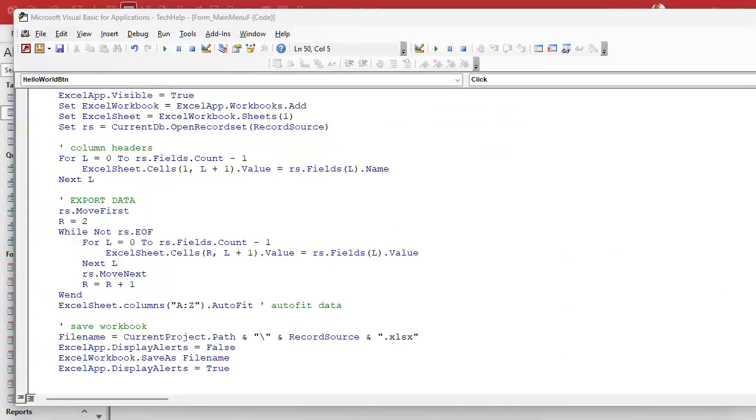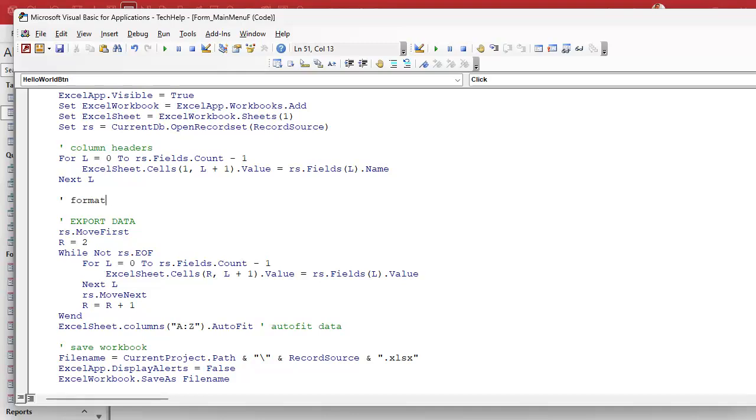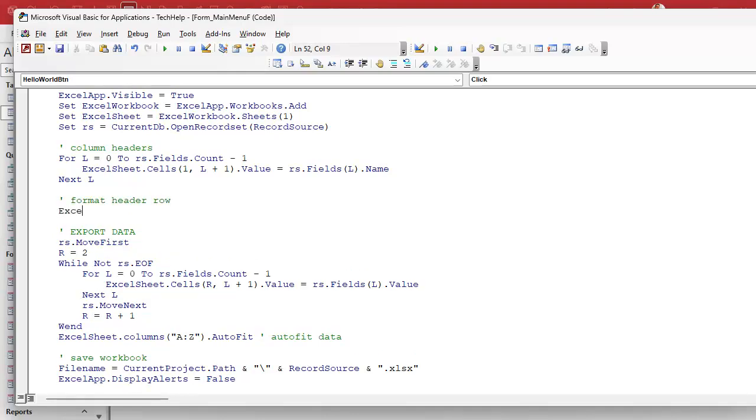Now, the whole point of doing all this in the first place was so we could add some formatting and do some other stuff aside from just dumping the data, right? So let's come here right after we add the column headers, and we're going to say format the header row. We're going to say Excel sheet.rows1. Remember, the rows are 1-based. The loops in Access are 0-based. I know it's confusing. I know. This is the stuff you spend hours pulling your hair out because it doesn't work. All right. So that row, Excel sheet.rows1.font